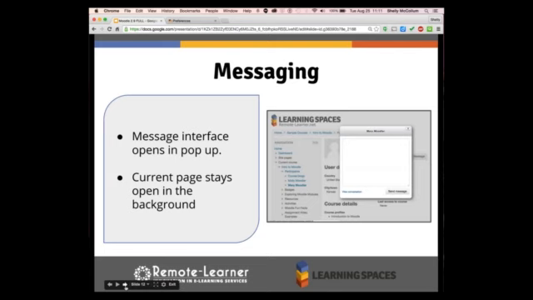Messaging has changed just a little bit, but it's really a nice change. This is something that used to bother me quite frequently. In the past, in versions of Moodle, if you clicked on a user's name and you clicked to send a message to them, wherever you were in Moodle, Moodle took you out of that area and pulled you into your messaging center in order to send the message. And then when you were done sending the message, you would have to navigate back to wherever you had been before. Now messaging is going to come up in a pop-up window, and it's going to keep you in whatever